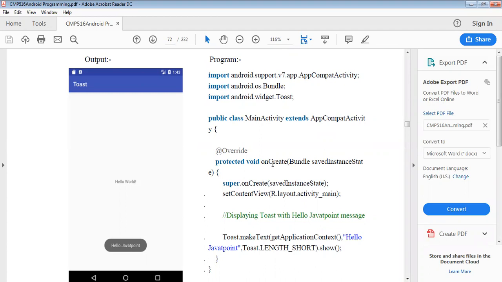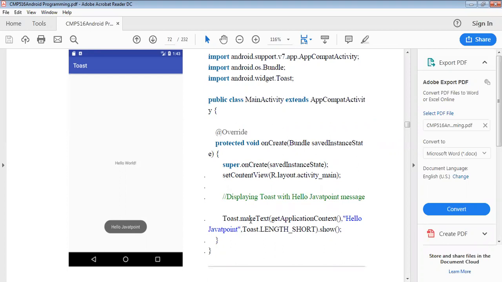Means protected void onCreate, Bundle savedInstanceState. Means super.onCreate(savedInstanceState). Means here we can set that content view. Means we can change here our layout style as well as set our layout. All those things are content here. We can set it here.